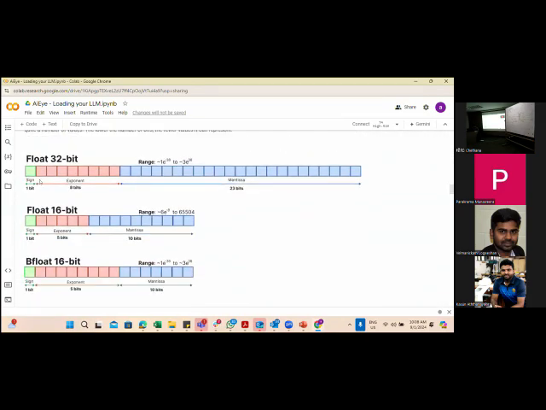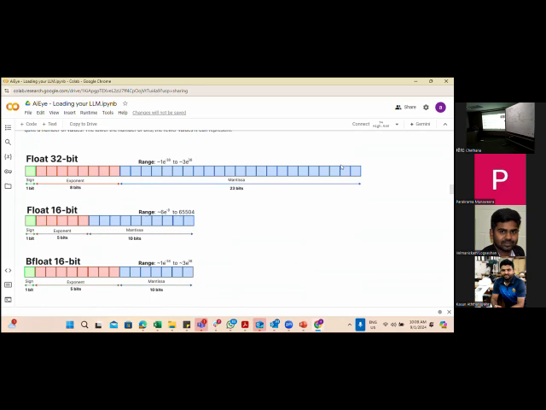Yes. So this is the 32-bit floating point number. 32 bits: 23 bits are here, 8 bits are here, and 1 bit is here. So the first bit is the sign, plus or minus, right? And another 8 bits for the number, positive numbers, in the binary. And the rest of the things actually goes to